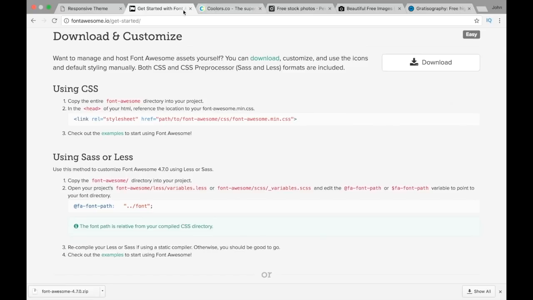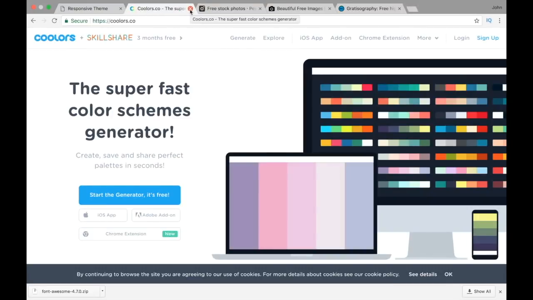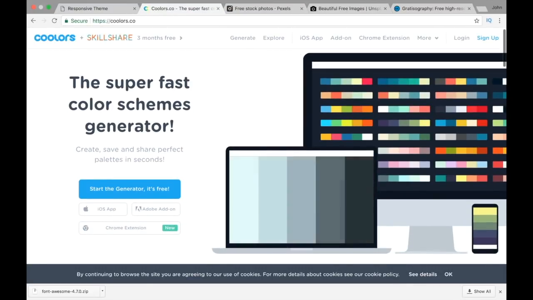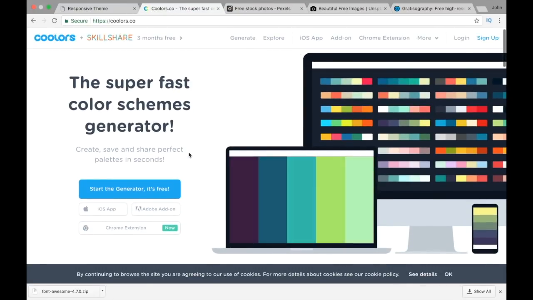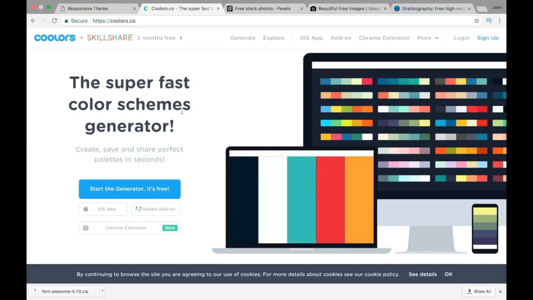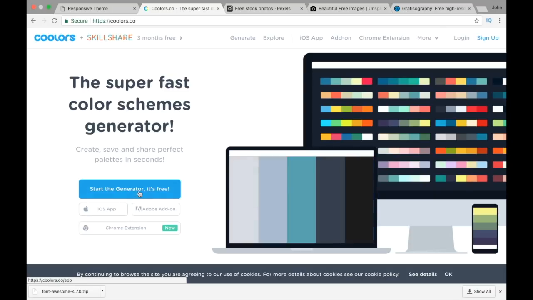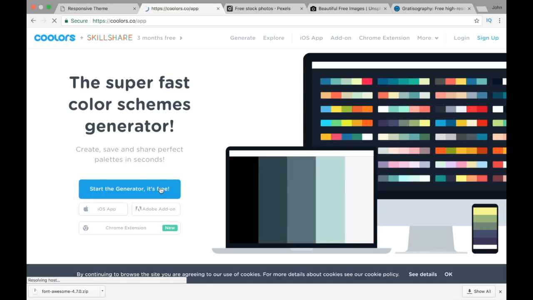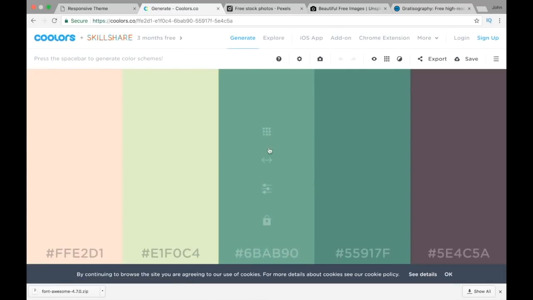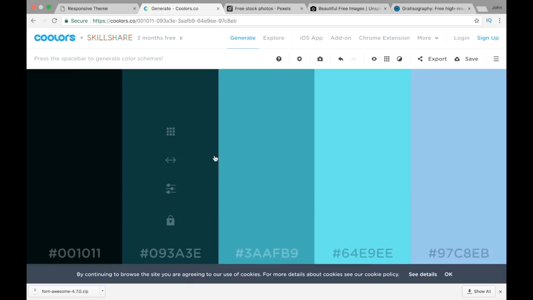And if we go back and see what else we need to do, over here I'm just going to click this close. And over here, you can see the colors. So if you're struggling with colors like I am, this is a very good site, colors.co over here. And what we can do is just press over here and we can start generating the colors. So you can see that it's going to maybe take a little bit, but once we press spacebar,